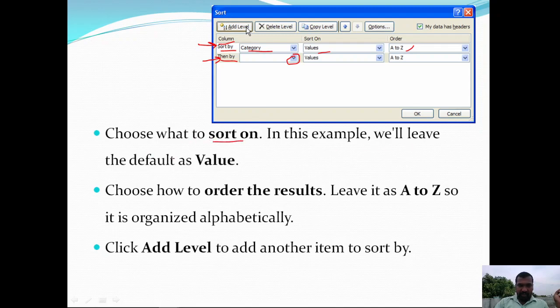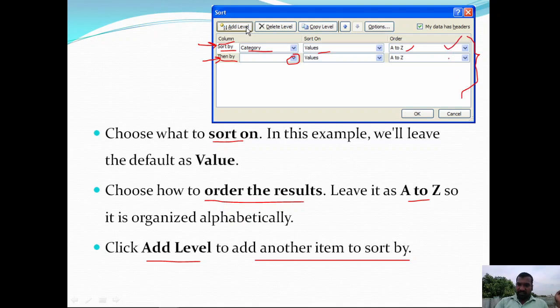In this example, we leave the default values. Choose how to order the result and leave it as A to Z, so it is organized alphabetically. Click on add level to add another item to sort by. In the custom sort box, you can apply any number of levels you want.